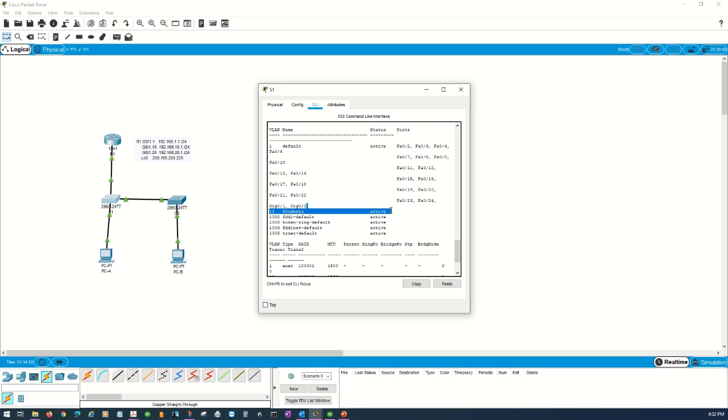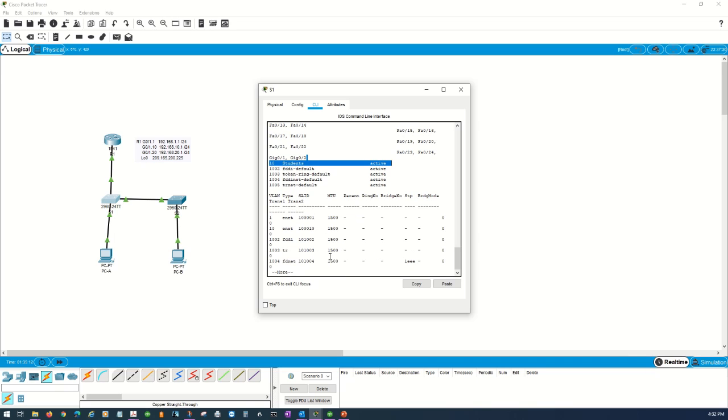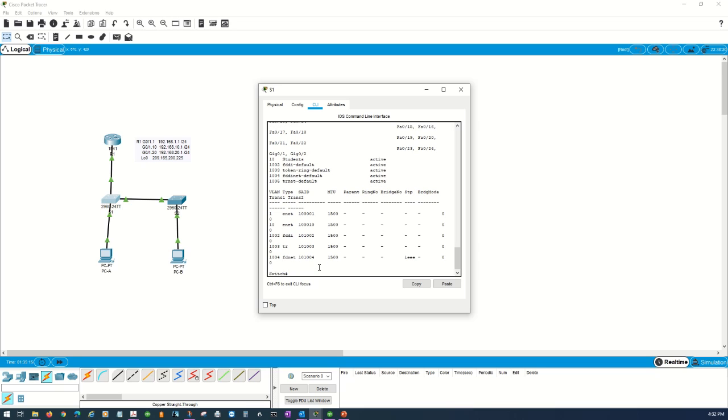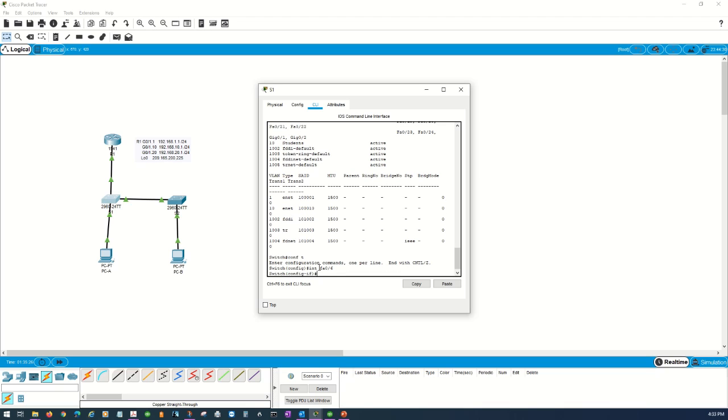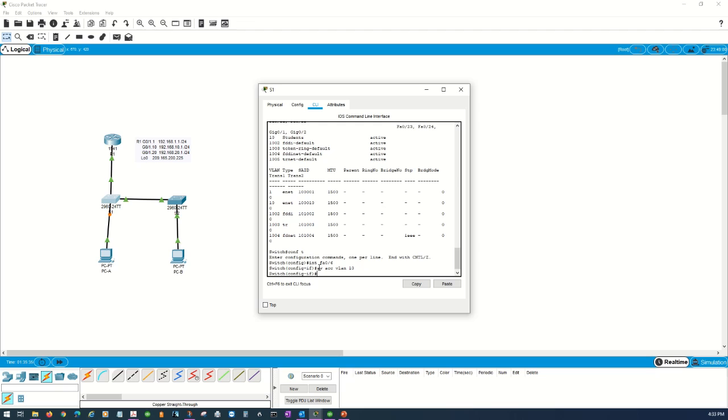So we want this VLAN 10 to service this computer A, so we need to get port 6 assigned to VLAN 10 versus VLAN 1. So the way you do that is we're going to go back to config T, we're going to go into interface FA0/6. And it's a simple command. We're just going to go switchport access VLAN 10, and that's all there is to it. Now if we go back